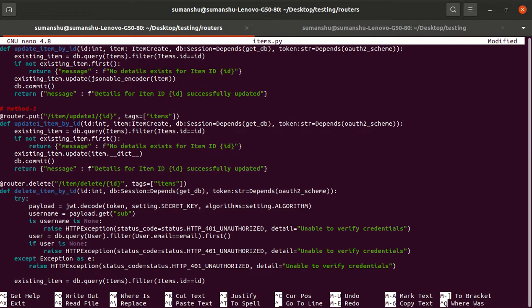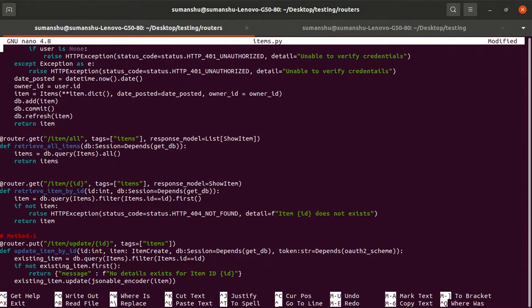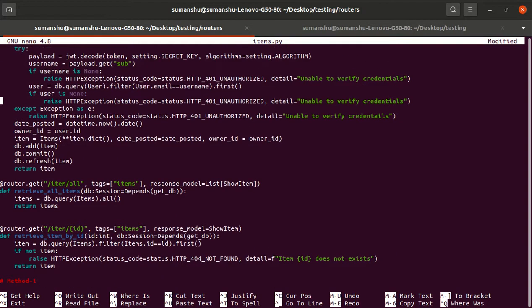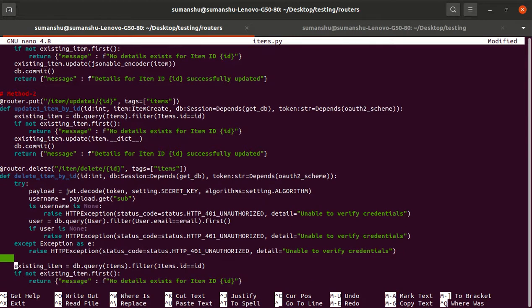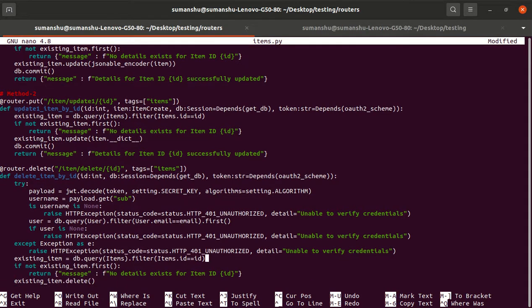So if user is not none, fine. So what we have to do is, now we have the user, so we can get the ID as well. So we are fetching the item, whatever item the user is going to delete here.